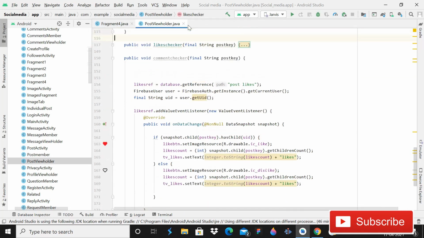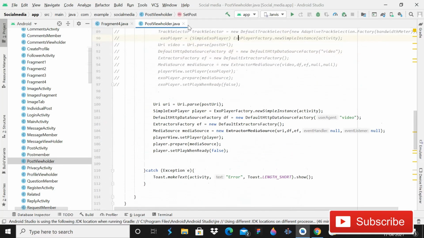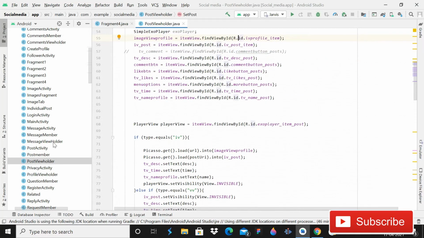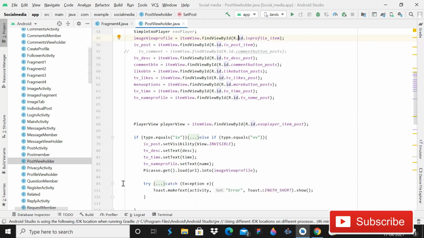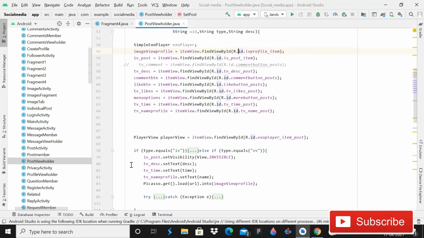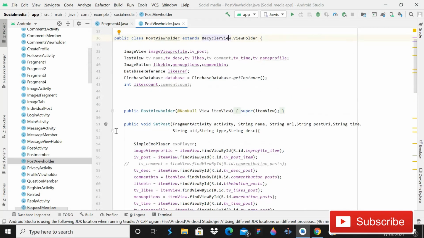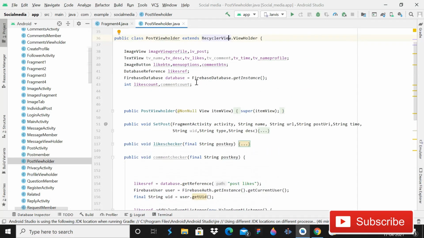Then guys, close this if and else, close this try and catch, close this method, and close this set post, understand. And here you have to add the database reference, and that will be for comment reference, comment ref, understand.